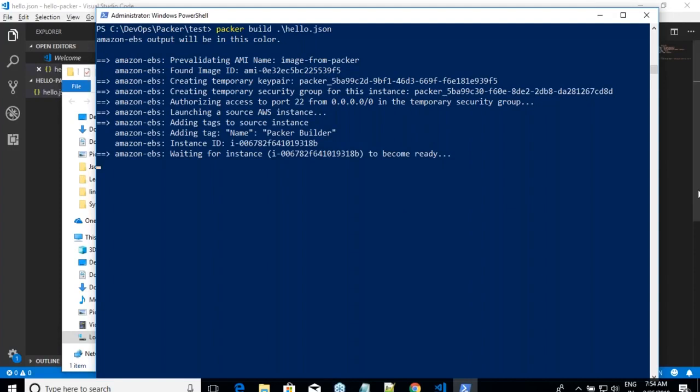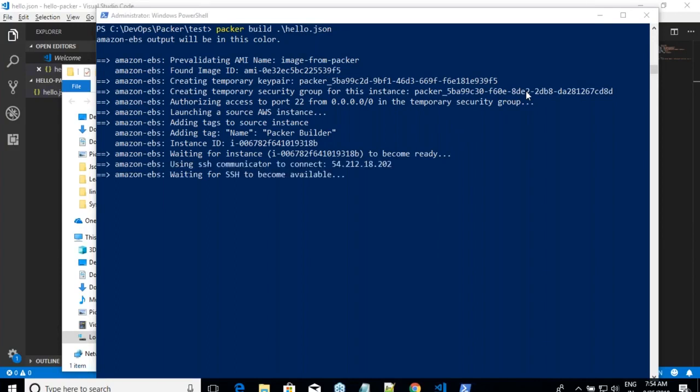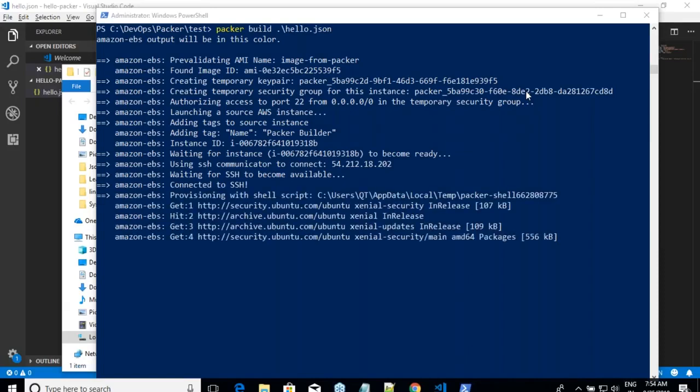Let us wait. I'll be covering the var option and var-file option also. But for us, let the first image be a success. Yeah, is sudo apt-get running?